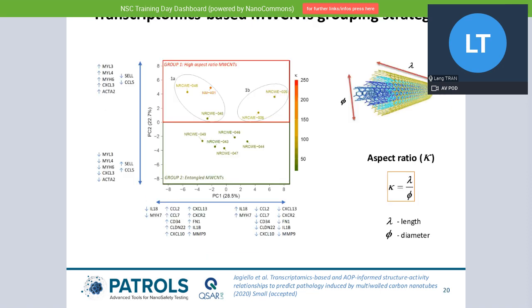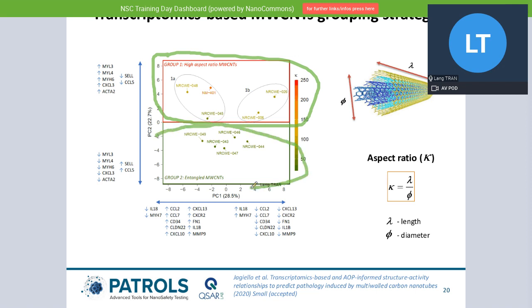And they also use this model to look into a transcriptomic kind of grouping strategy. And they find again that you can actually distinguish two groups of multi-wall carbon nanotube. Those that have a very high aspect ratio, and they all group together in one corner.